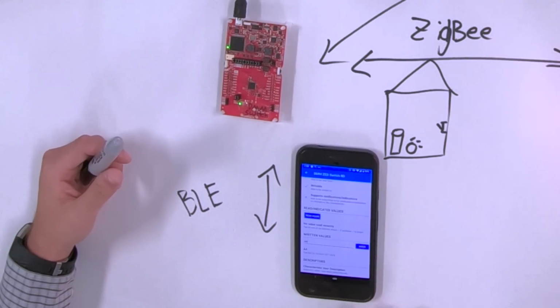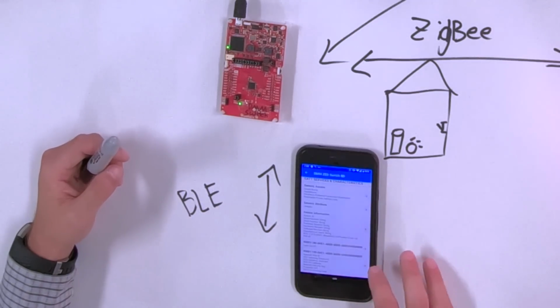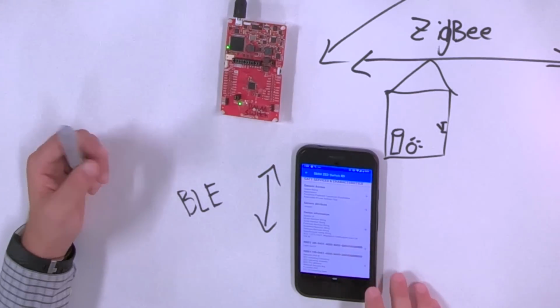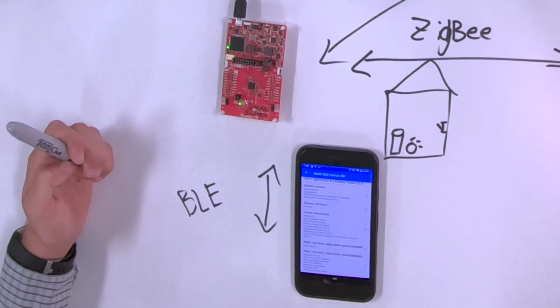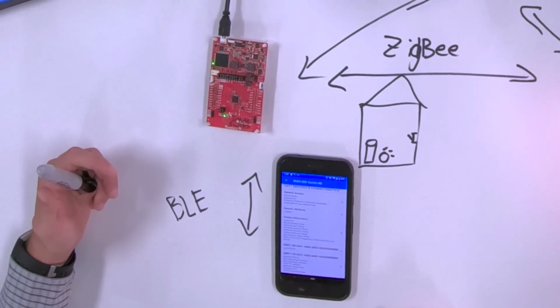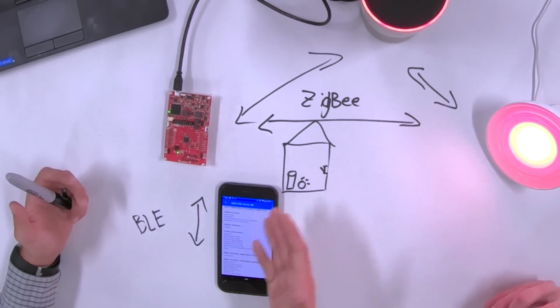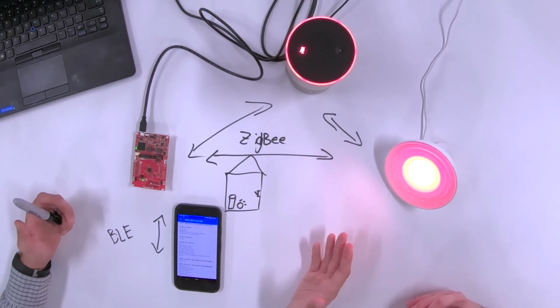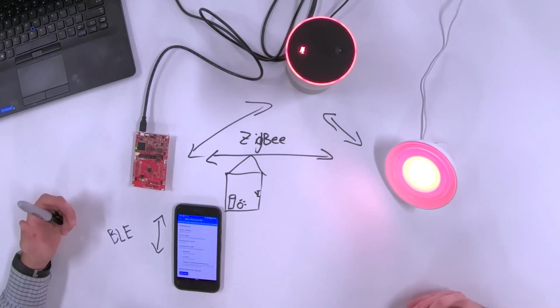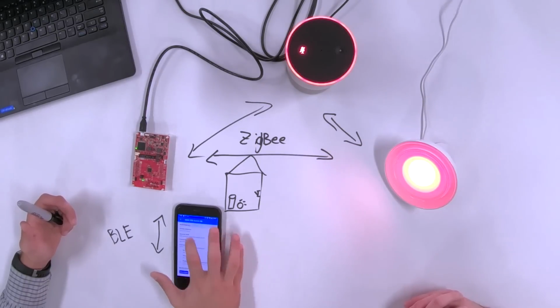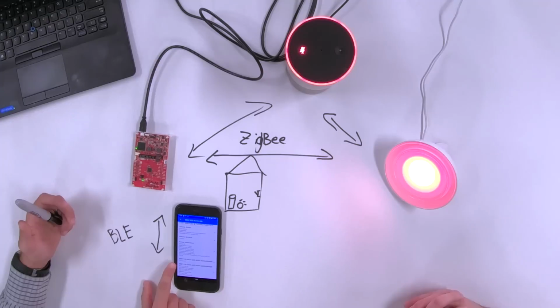You'll be able to see that the Bluetooth connection has remained stable because the app here hasn't closed out of the connection. The fact that I can still come around here and read and write characteristics, that means the BLE network hasn't been disturbed. And so right now what I want to show you is that we have actually connected to the Zigbee network, and we'll be able to control the light. So it's already been all set up. Let me show you this again here, this light on-off characteristic.